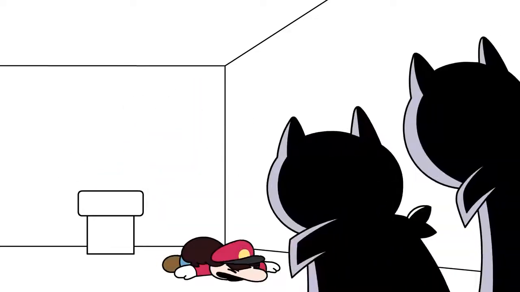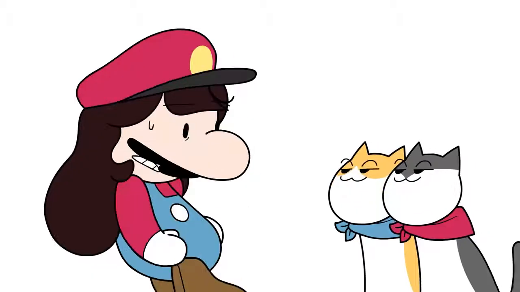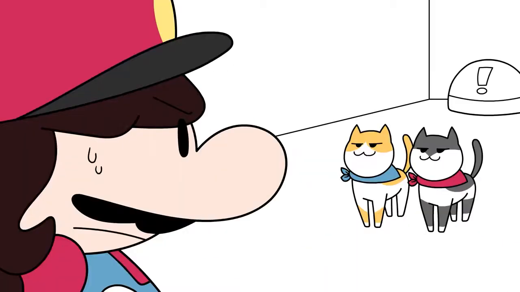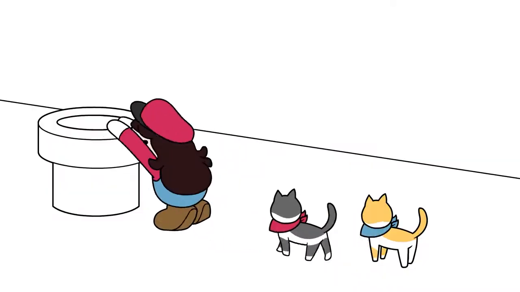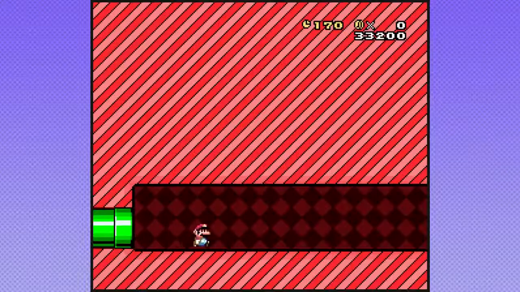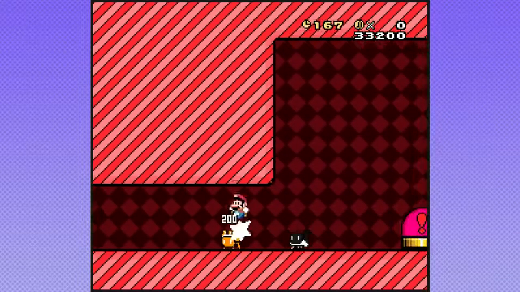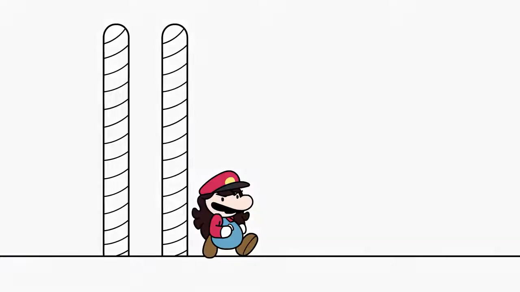No, let me in! I managed to slip my way into the pipe where I met these two friendly guys. I was really caught off guard by cats in a Mario game. So caught off guard, in fact, that I just ran into them and died. Checkpoint? Checkpoint? What is that? Oh! I beat the stage quickly after, so let's not...